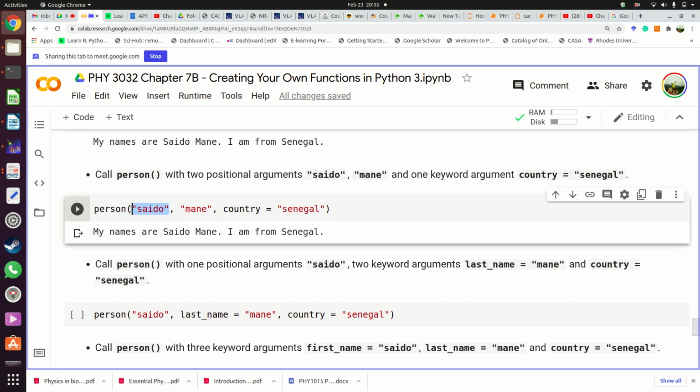Then you start with Saido. Saido is stored as the first name. Mane is stored as the last name. Then here we explicitly say country. Country is Senegal. So the way the arrangement of things is, when you're calling a function, you can have these